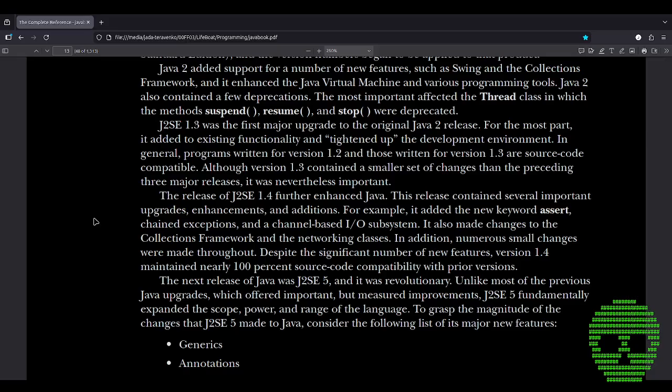J2SE 1.3 was the first major upgrade to the original Java 2 release. For the most part, it added to existing functionality and tightened up the development environment. In general, programs written for version 1.2 and those written for version 1.3 are source code compatible. Although version 1.3 contained a smaller set of changes than the preceding three major releases, it